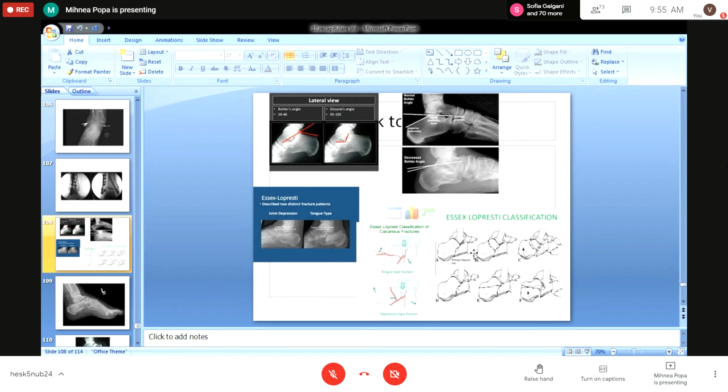And then we have the Essex-Lopresti classification that helps us understand the degree of comminution in the fracture and, of course, the displacement of the bone. We have the tongue type fracture, when we have a fracture in this region and, through the traction of the Achilles tendon, displacement of this part. And the second one, the depression fractures, when we have destruction of the articulation. These are fractures that need